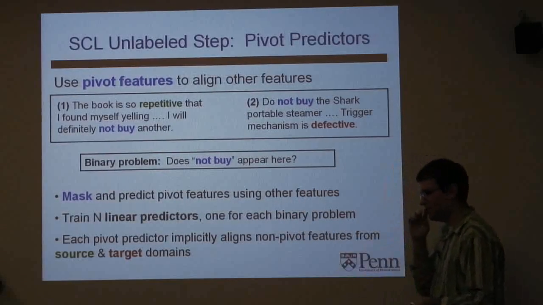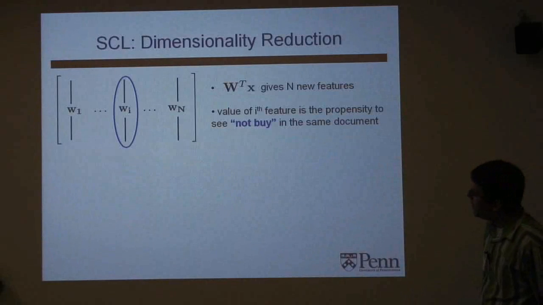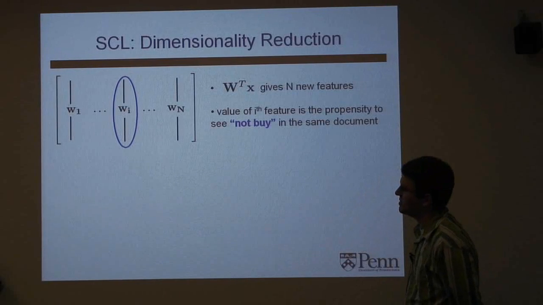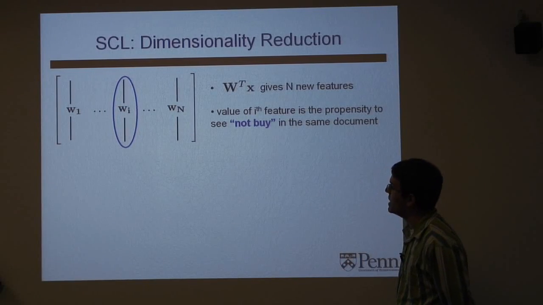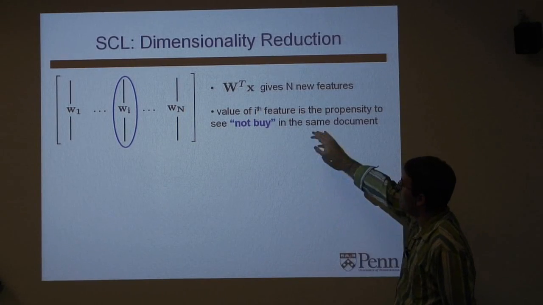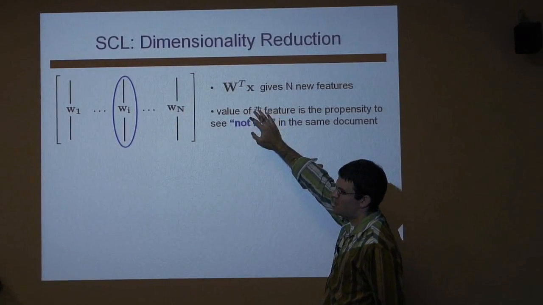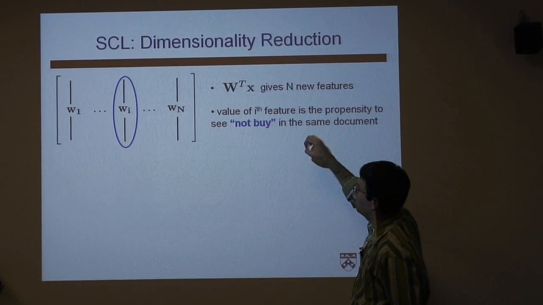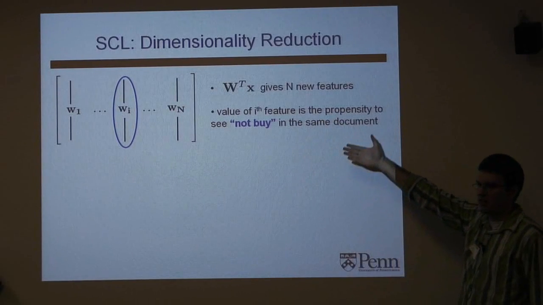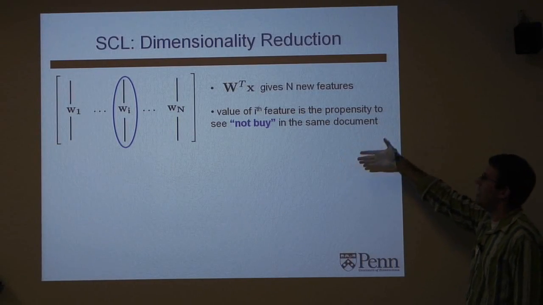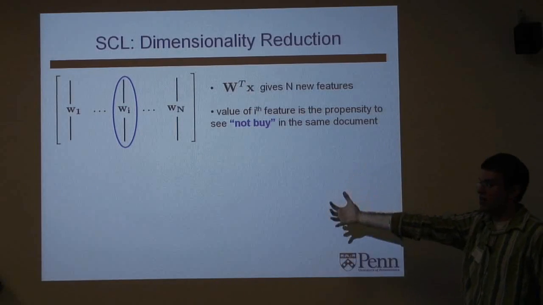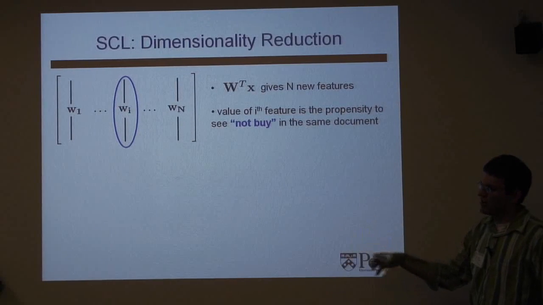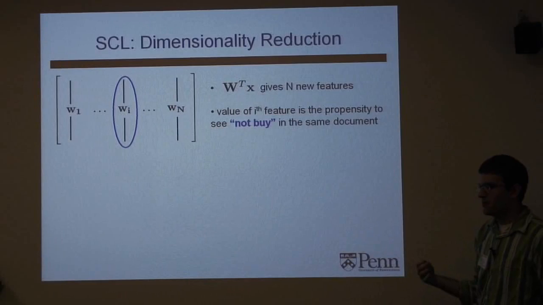So, yeah. Okay, so we have all these weight vectors. If we construct a matrix where the columns themselves are the weight vectors from these binary prediction problems, note that actually doing the matrix vector multiplication gives n new binary features, right? Where the value of the ith feature is basically just the propensity to see not by in the same document, right? So it gives you a document back, and I get a bunch of new features which say, could not by occur in this context, yes or no, right? Each column here is